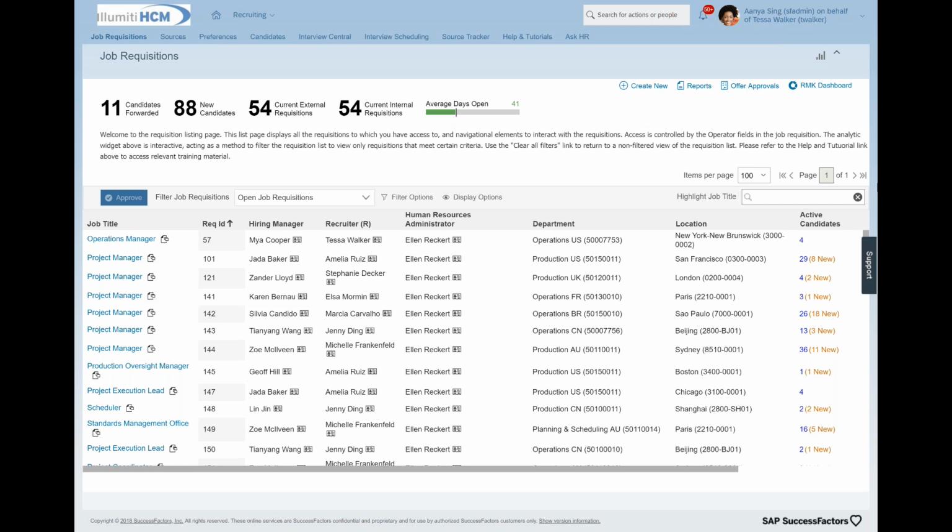And so a candidate could actually come to your job site, and when they have found a posting or a requisition that appeals to them, when they start the application process, they can actually click to apply with their LinkedIn profile, and that information will be automatically placed into their candidate application. That's a great question, and we're seeing that most of our customers are taking advantage of that feature. So many people are on LinkedIn nowadays. It's just a nice, easy way for them to apply into your organization.